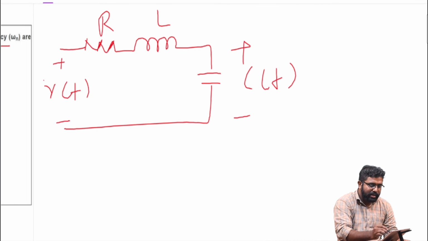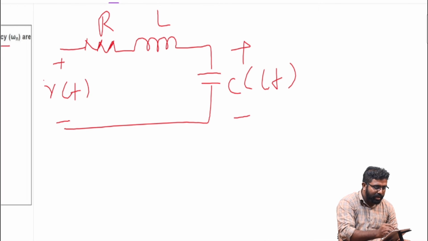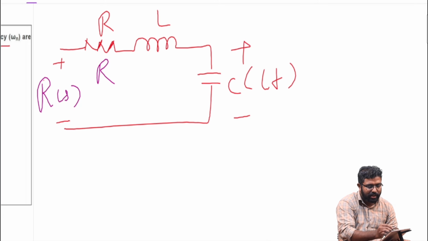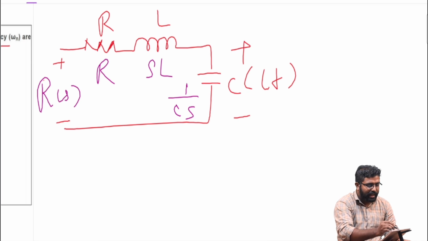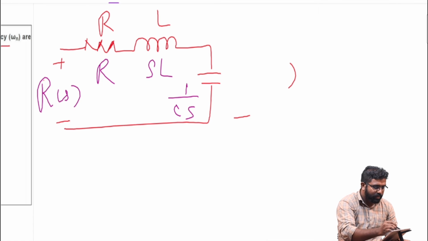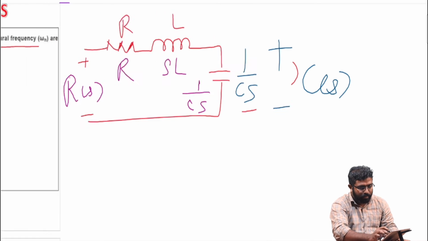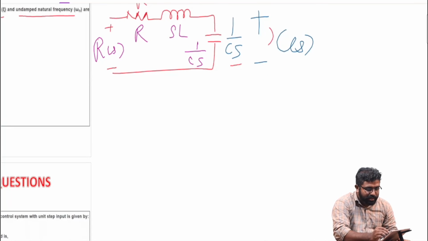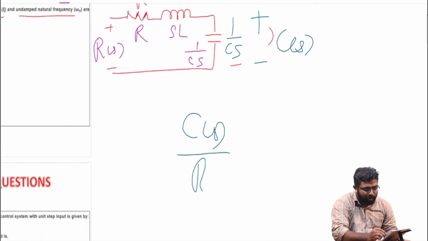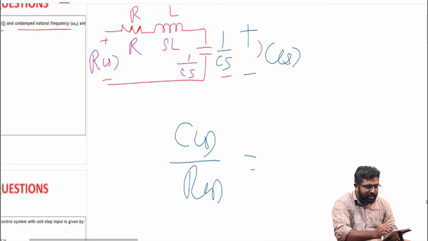R, L, C. Here the corresponding frequency domain values are: resistor becomes R(s), inductor becomes sL, capacitor becomes 1 by Cs, and my output becomes C(s). Okay, so the overall transfer function C(s) divided by R(s) equals, this is a series circuit,